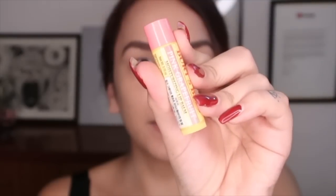And before I continue with anything else, I'm going to use a lip balm because I cannot tolerate my lips looking like this. They look so bad. I'm going to be using my Burt's Bees Pink Grapefruit Lip Balm. Honestly, smells awful, but it's a good lip balm. Burt's Bees produces some of the best lip balms in the world. But this particular flavor, Pink Grapefruit, don't buy it. Just get the regular one. You'll save yourself a lot of...